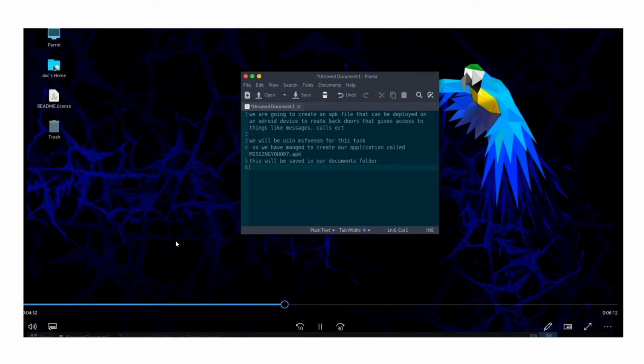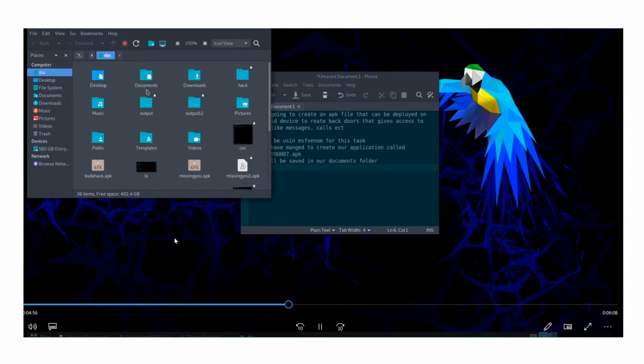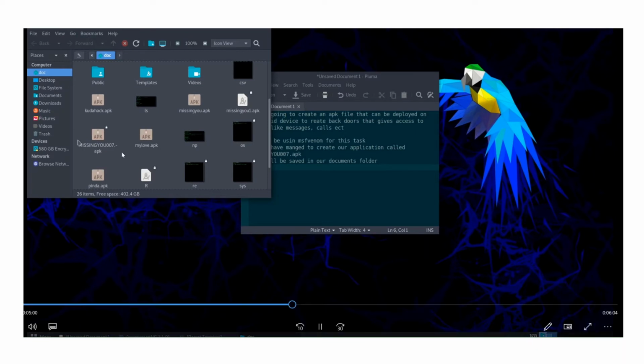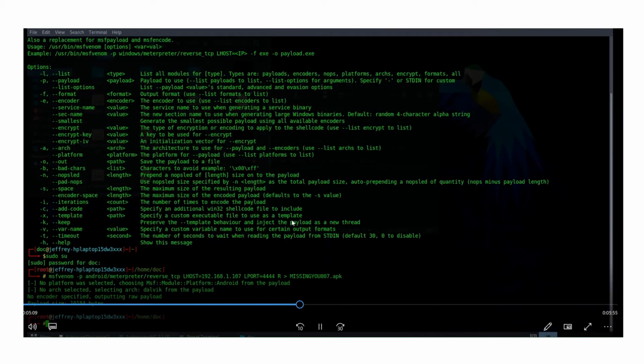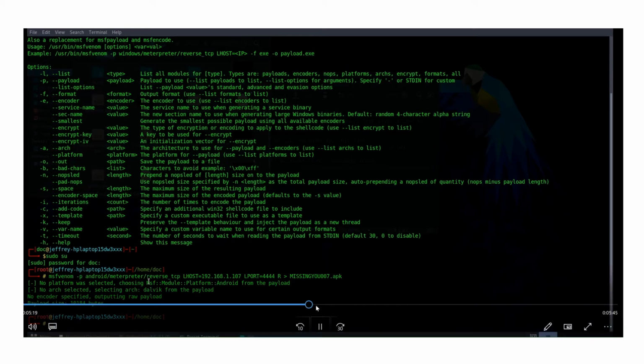So this application will then be sent to your documents folder. You see it there, missing u8.apk. So this is now ready for deployment. You can send it to any mobile Android device to create the backdoor for you. So as we continue,